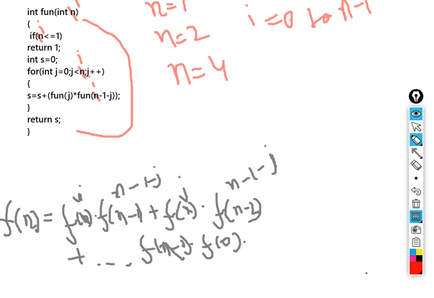Now the next important thing, after we replace this n with i in all the cases: we can see this s is not a specific s. For n equal to 1 this is s1, for n equal to 2 this is s2, for n equal to 3 this is s3, for n equal to 4 this is s4. So this is also changing. This s is not constant, and what this function is basically doing is returning s1 for n equal to 1, s2 for n equal to 2, s3 for n equal to 3. We can see this is also changing now.